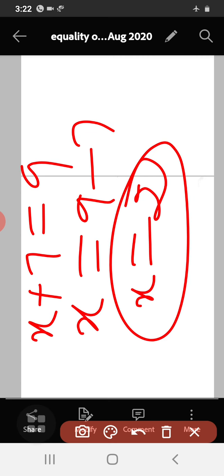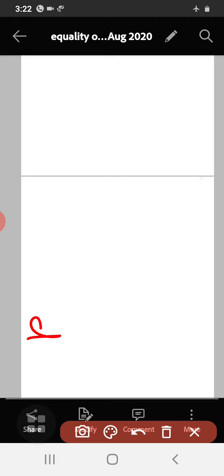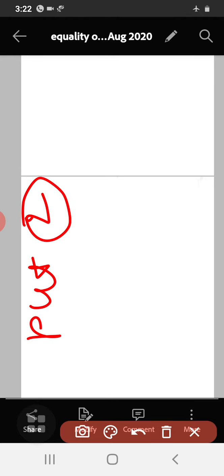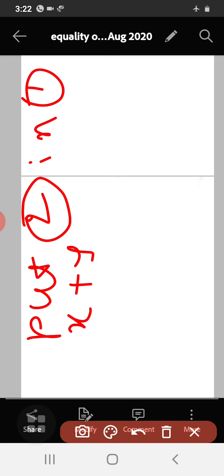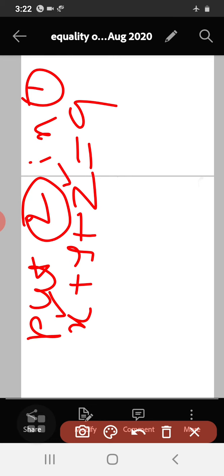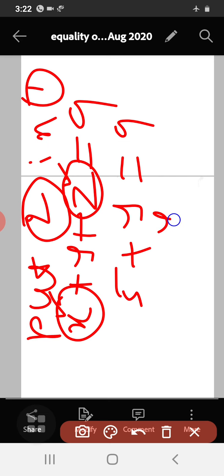So I have used equation 3 in 1 and solved for x. I got x is equal to 2. Okay. Then similarly, we can make use of this. See, put equation 2 in equation 1. What was our equation 1 here? x plus y plus z is equal to 9. What was equation 2 here? See, x plus z is equal to 5. So instead of this sum, I can substitute 5 plus y is equal to 9,